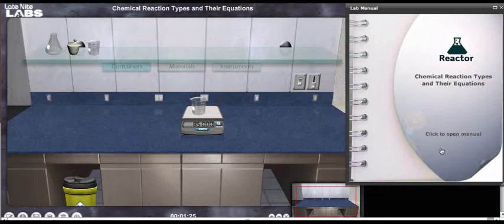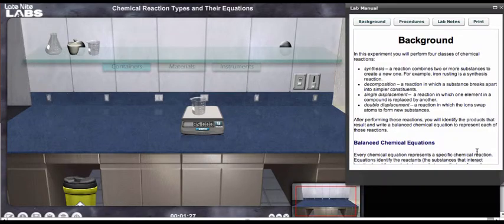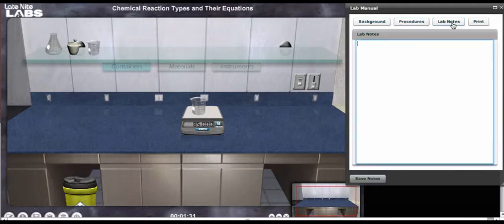Okay, so first of all, over on the right you have the lab manual, which would have the background for the lab, the procedures, and then lab notes is where you would actually record that is 85 grams. Okay, empty beaker. Save your notes, and then I see these notes that you take, and those are 10 points of your 20-point lab. Consists of you showing work in this notes area.